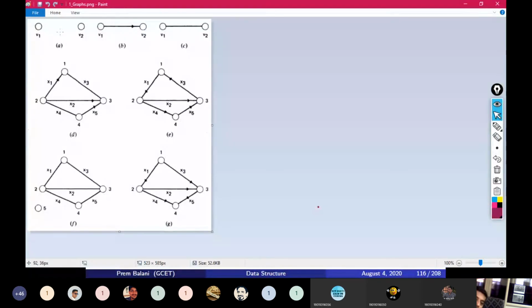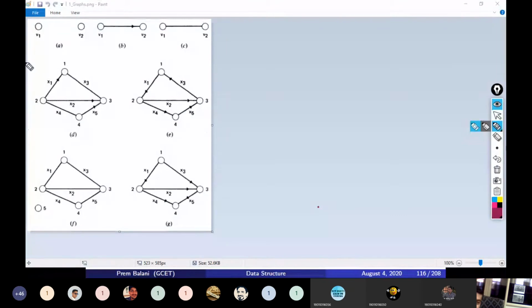So here this graph is not a digraph, right? And this is a digraph. So, one. This is not a digraph. This is also not a digraph, as this edge has no direction, and we said a graph is directed only if every edge has a direction. So this is also not a directed graph. And here every edge has a direction. So this is the second directed graph, or you can say digraph.